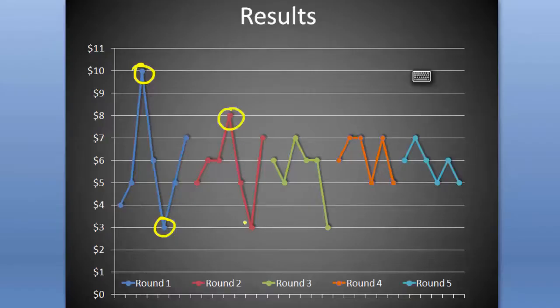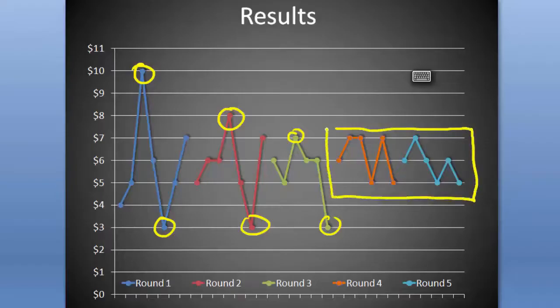Okay, maximum of 8, minimum of 3, and then when we repeat again, we see that the range of prices shrinks, and then by the 4th and 5th round, and as I said, you won't need to do this more than 6 rounds in my experience to get a very tight range of prices, which of course is centered around the equilibrium,